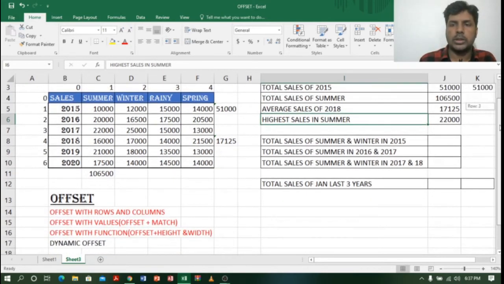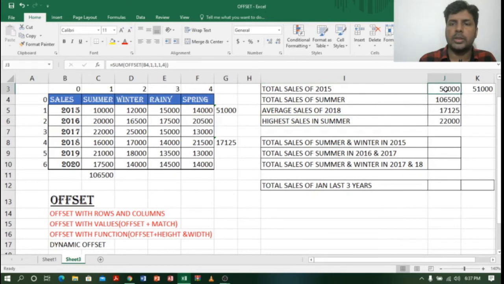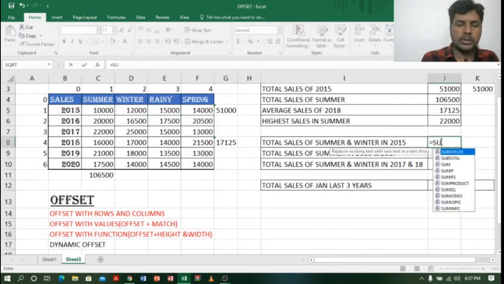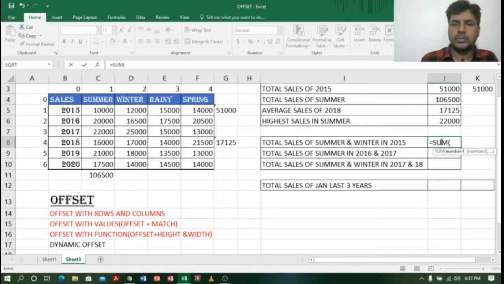Till now we have taken one height and one width, right? Now we are going to take multiple heights and multiple widths. You can see here I want to see total of summer and winter sales of 2015. So let us see how we can do it. Again, equal to sum, open bracket, offset, open bracket.